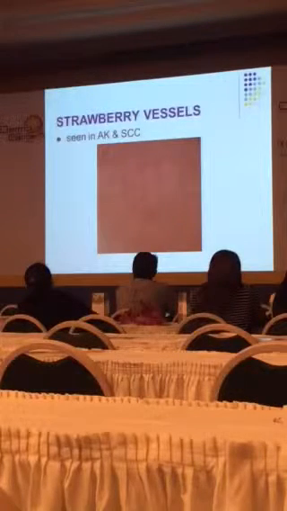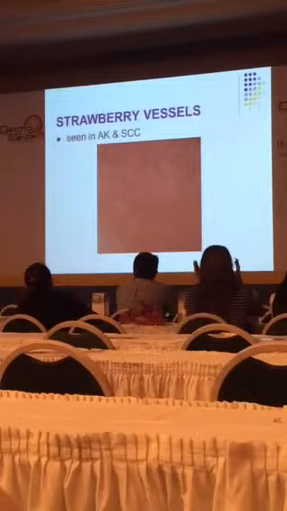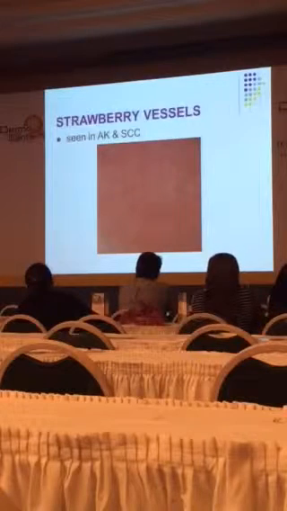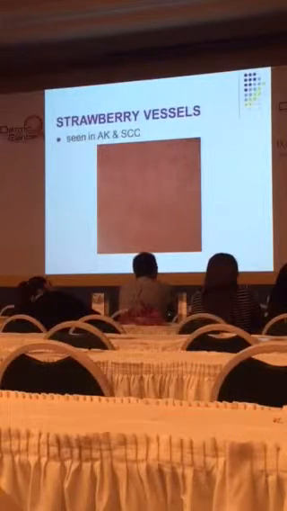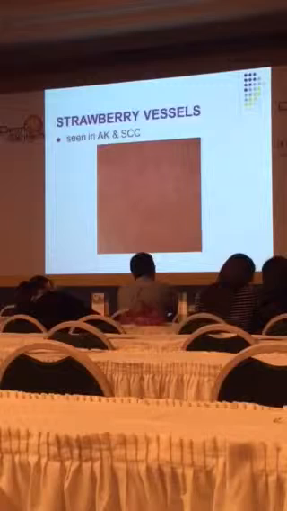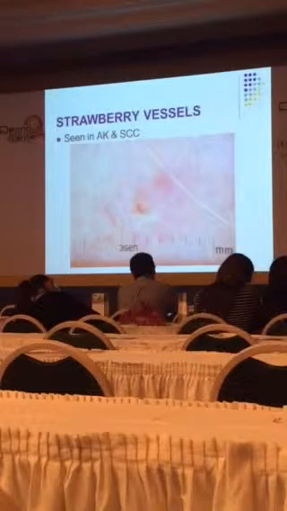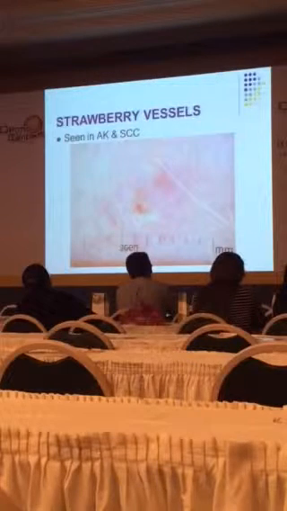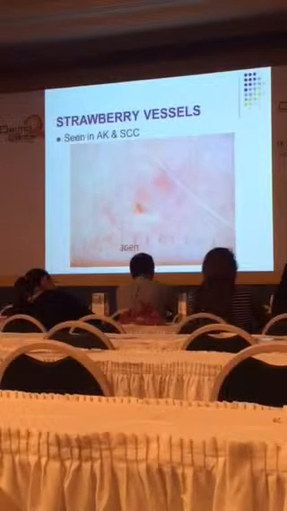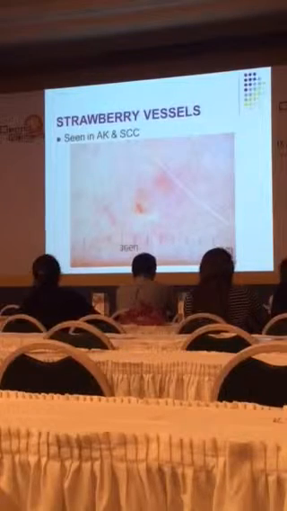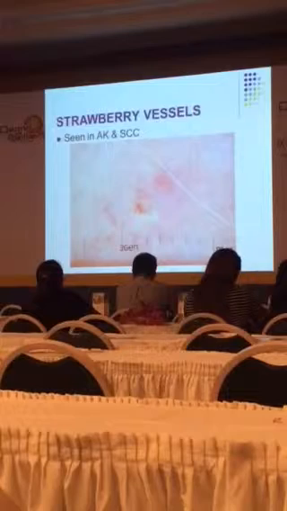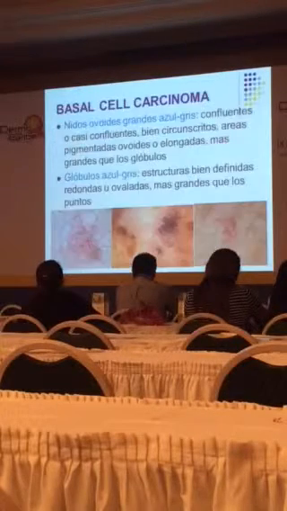So here, this is one of the lesions from the pattern where you will biopsy, where you will call them strawberry vessels or comma-shaped vessels, usually seen in actinic keratosis or solar keratosis or SCC. And again, an example of these little dotted blood vessels, which, if the lesion is very thick and you put a dermatoscope on it, you won't be able to tell if it is actinic keratosis or squamous cell carcinoma.